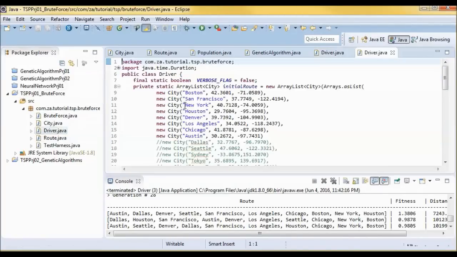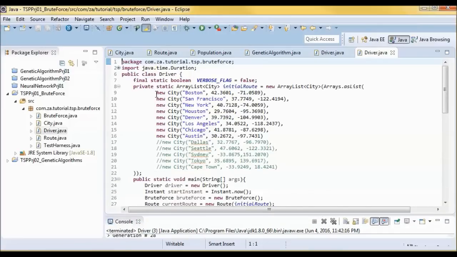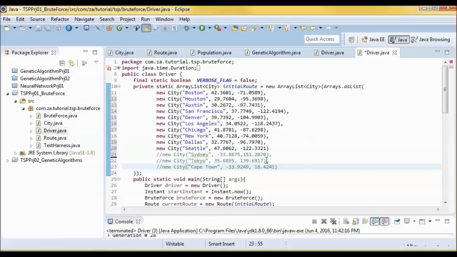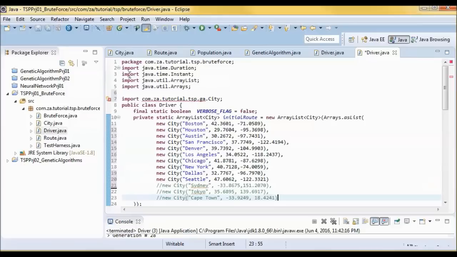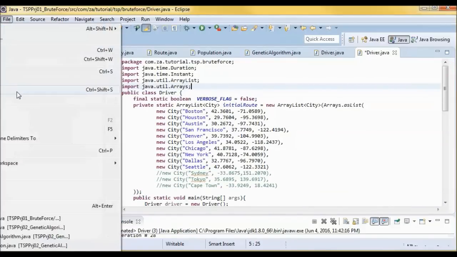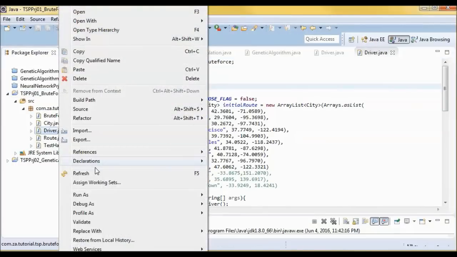And go to the driver in brute force. We will have the exact same cities. Let's run it.